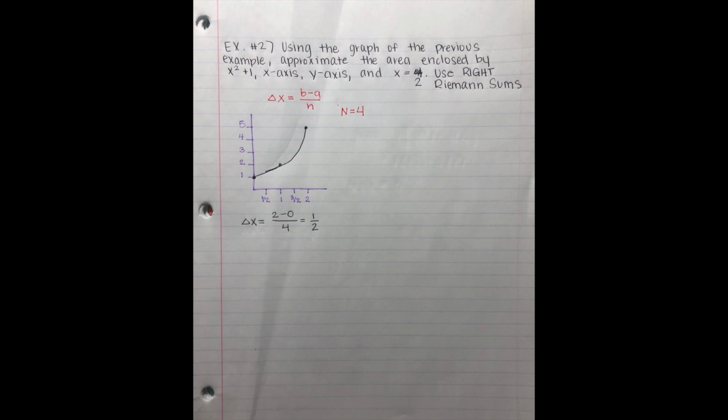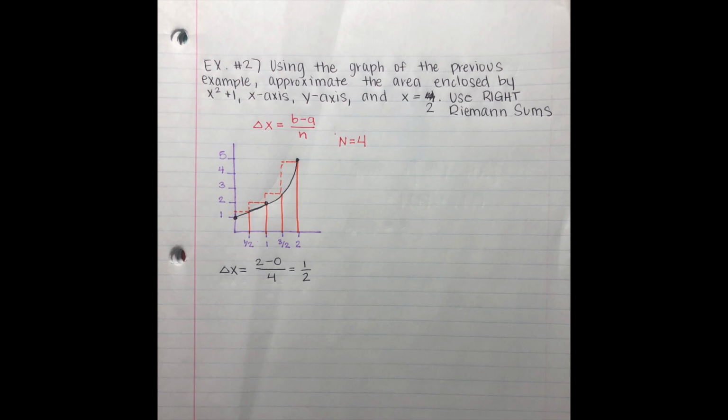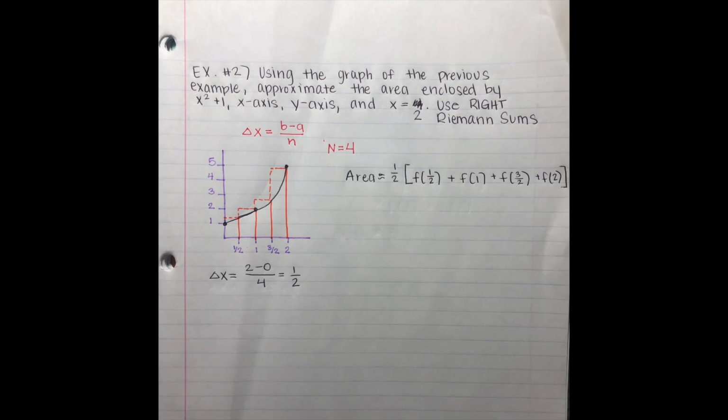In this example, we're going to use the same graph of example 1, but instead we will be using 4 sub-intervals and we're going to be using the right Riemann sum. To find the change in x, you do b minus a over n, which is 2 minus 0 over 4, and you get 1/2. So you multiply 1/2 by each f of x you will be using and then adding